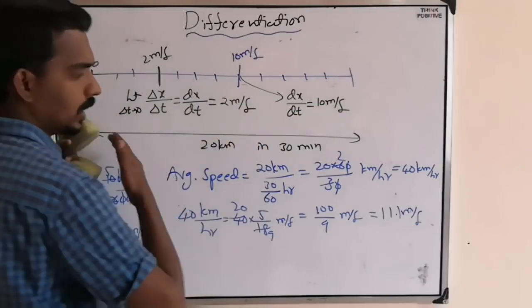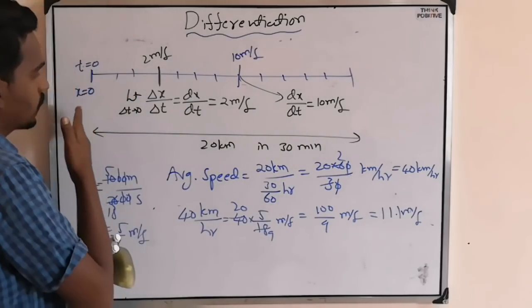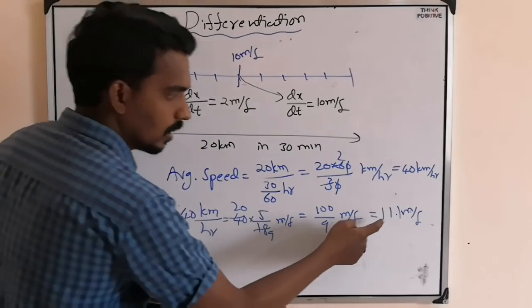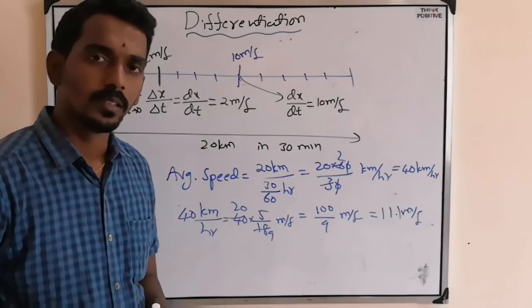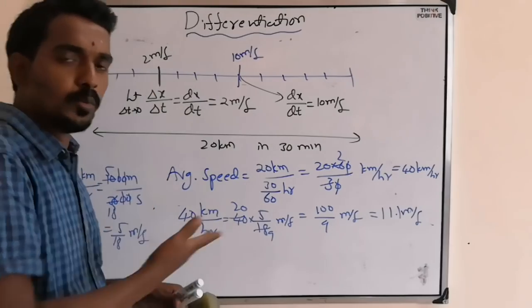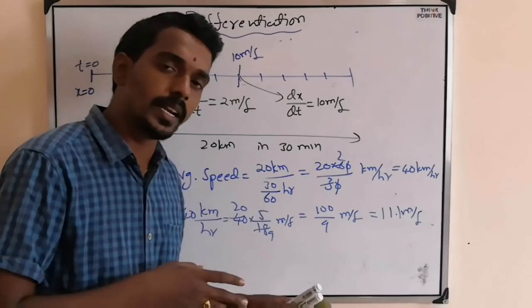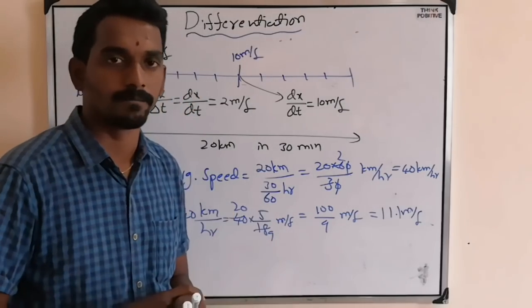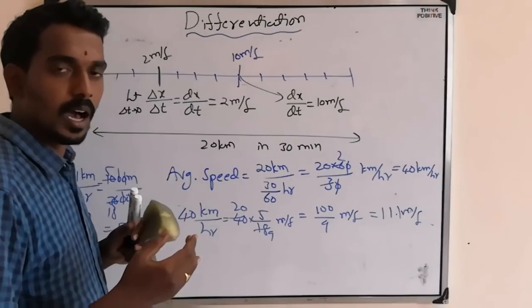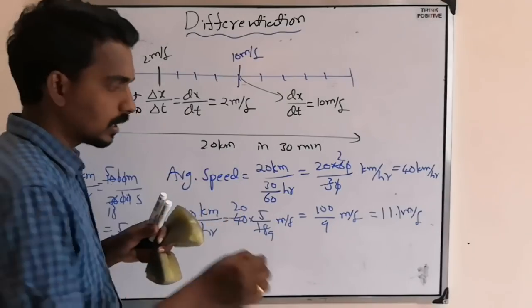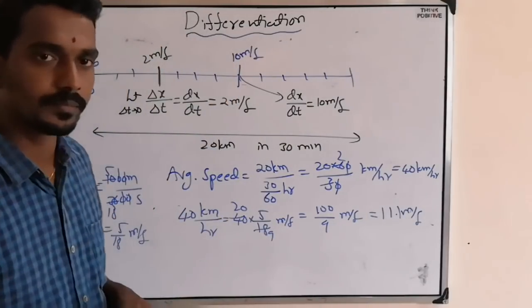So when you cover this total distance in 30 minutes, your average speed from starting to ending is 11.1 meter per second. That means at one instant you are covering 2 meter in a second. At another instant you are covering 10 meter in a second. At another instant you may cover 20 meter in 1 second. But overall if you look at the journey, you moved such that you covered 11 meter in 1 second. Or else you can say like this.